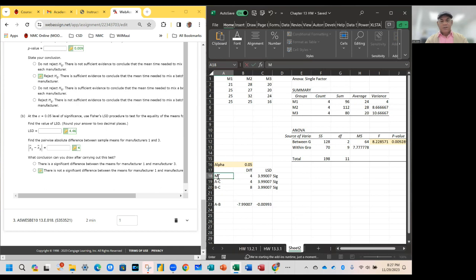So if you want to be specific, you say M1 minus M2, right? And then this one is M1 minus M3, and then this one is going to be M2 minus M3, you see? And now you can check your computation. These are all formulas, so you can check whether I'm doing the references correctly. Now, the only thing is I must make sure that the formula is there, but I make sure that the degrees of freedom are accurate, no? So in this case,